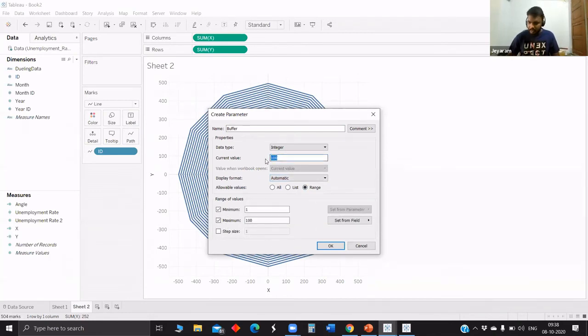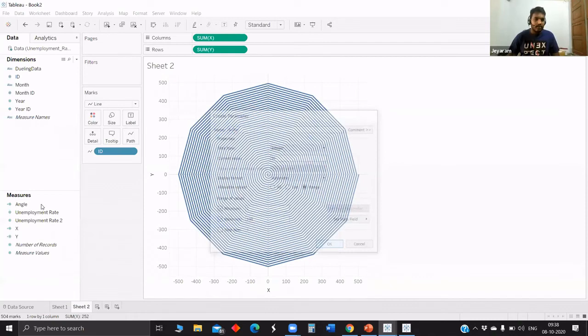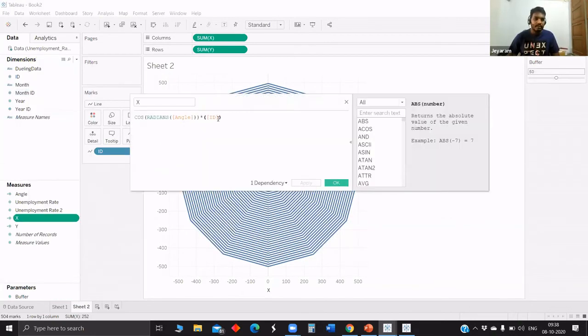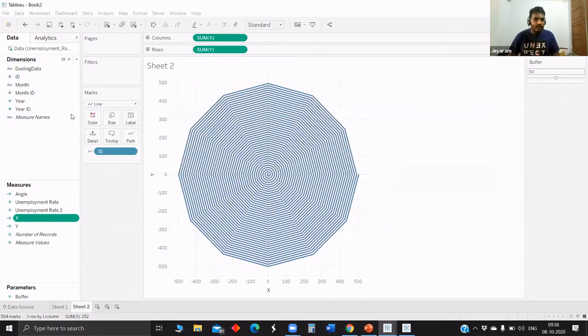We will keep the current value and show the parameter control. Now we will add this buffer parameter to x and y. So ID buffer plus ID, and even to y as well.